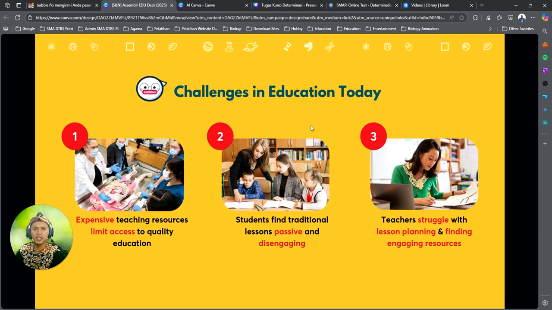Students become active participants in their learning journey. And third, Assembler Edu provides ready-to-use visuals that save teachers hours. You can browse thousands of engaging 3D and augmented reality visuals to enrich any lesson quickly and easily. This means less preparation time and more focus on teaching. Imagine teaching science, history, or geography with immersive visuals that students can interact with. It transforms the classroom experience into something exciting and memorable.